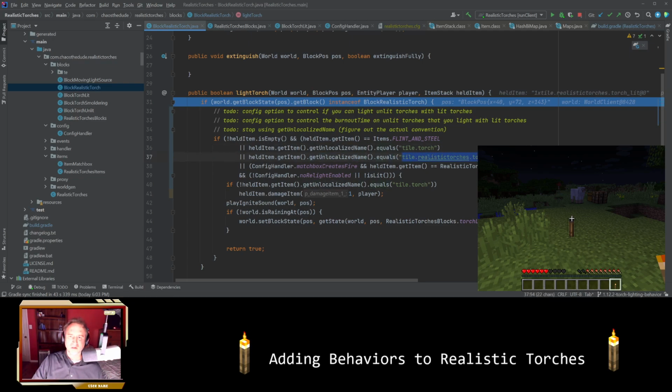Okay, tile.realistictorches.torch. Realistictorches.torch.lit. I think so. And now we can. I don't think we had to. I mean, it was because the last time we did have to. The server does check the same thing too. So